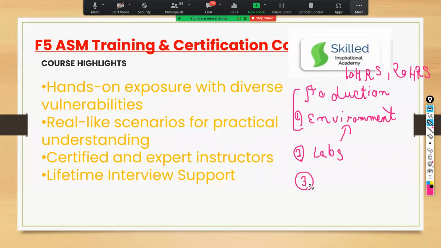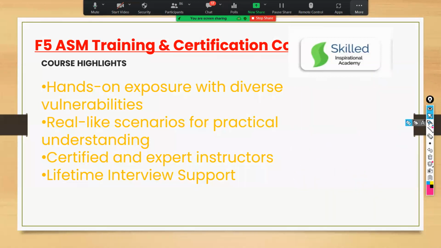And guys, one good news for you all, F5 is giving a 30-day license free of cost. You don't need to pay anything. You can practice n number of labs. So all the images, all the things will be given to you. So F5 is giving you a 30-day license free of cost. So I will tell you how you can get it and how you can perform the labs.